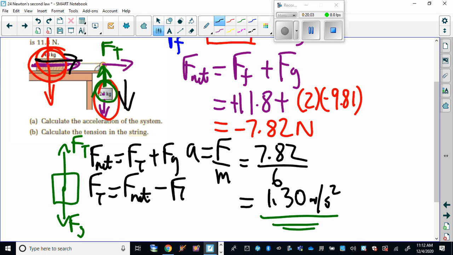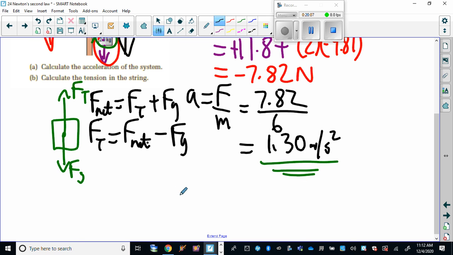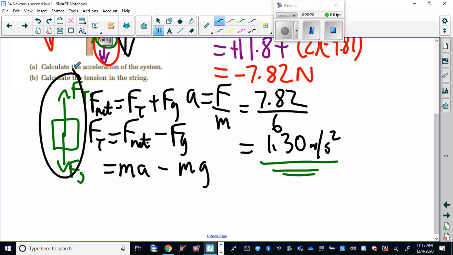Minus Fg. Your F net is going to be ma, and your Fg is going to be mg. And since we're only dealing with the mass that's affected by gravity, they're both affected by gravity, but only this mass is being affected by gravity, causing the system to accelerate, then we have to use the 2 only. And the acceleration is